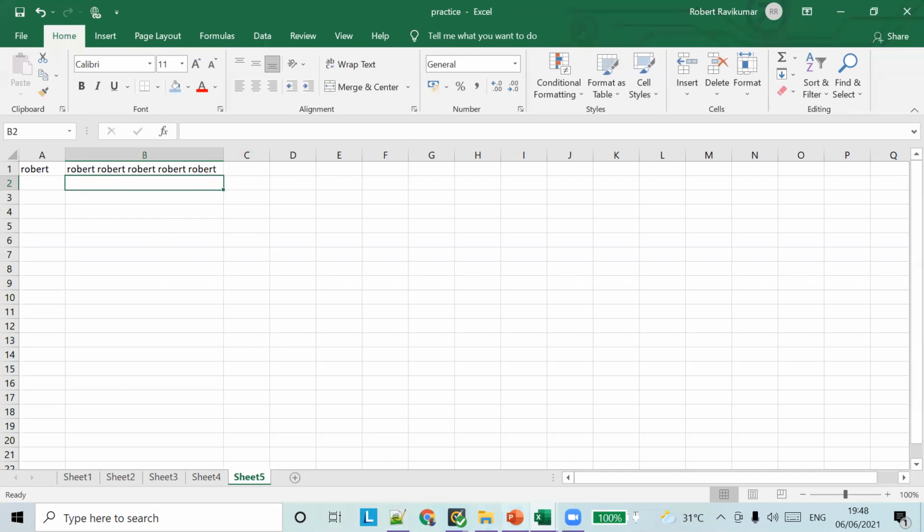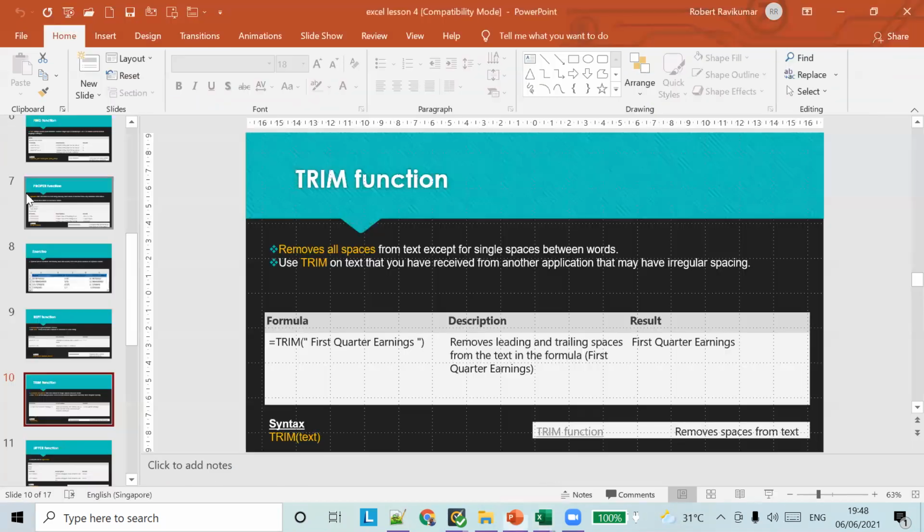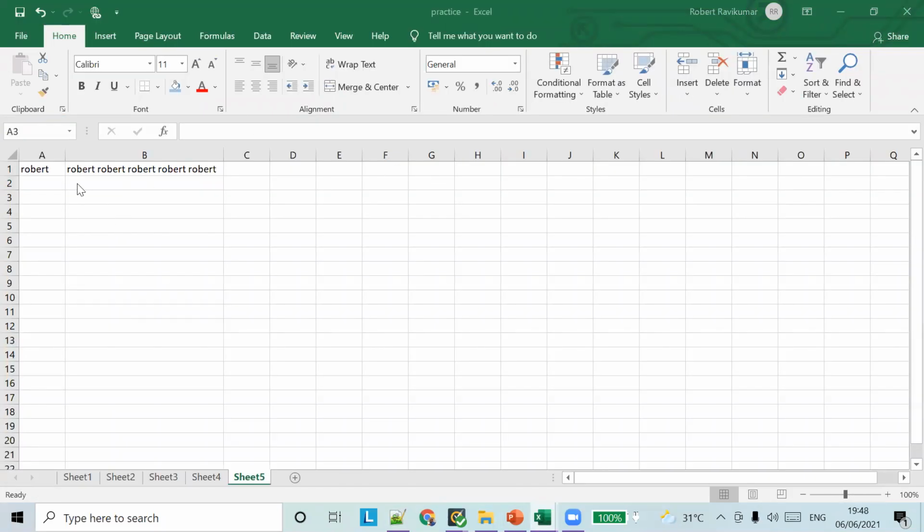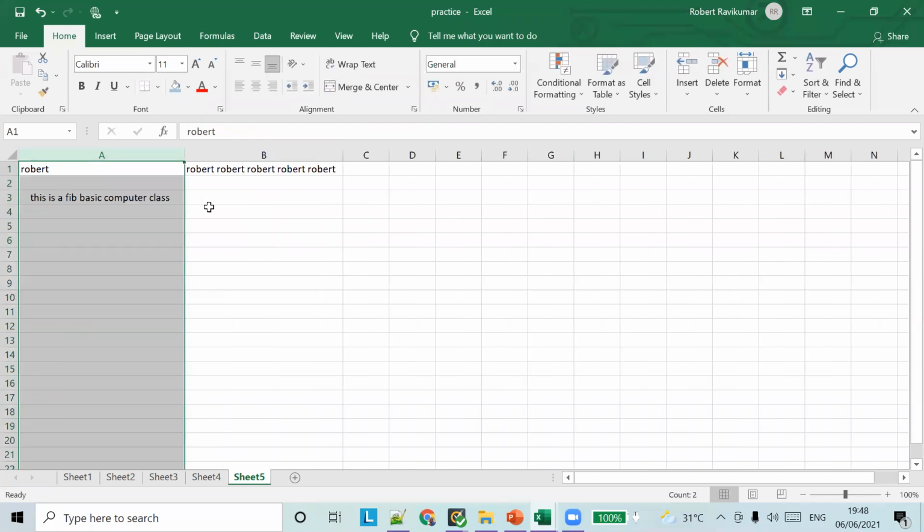Next is the TRIM function. Let's say I have some text: " This is FIB basic computer class. " I've given a space at the first, and also there is a space at the last, so there are 2 spaces.